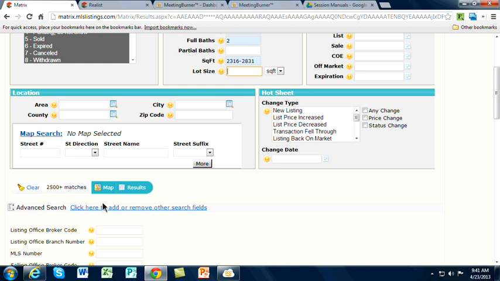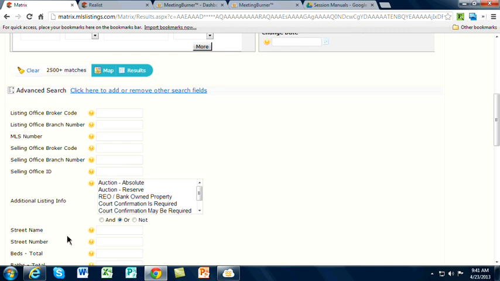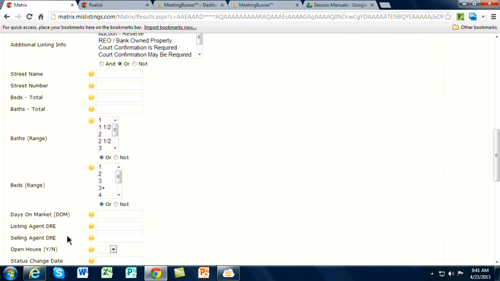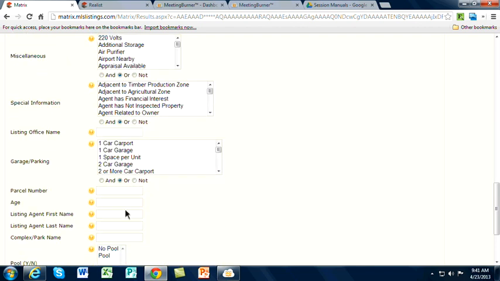So age. Where is age? And age is down here. One of the things you have to learn about Matrix is there's this hidden advanced search, and you have to click on it, and then you can add a whole bunch of stuff. Common questions people ask me is, how do you find short sales, and how do you add additional listing information. But as we go down, one of the things is age. So here's age. So if it's 40 years old, what I might do is say, how about